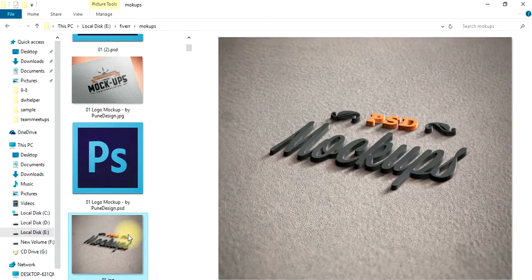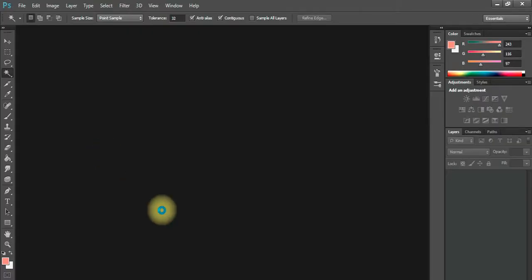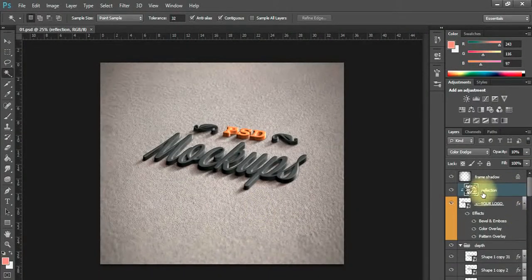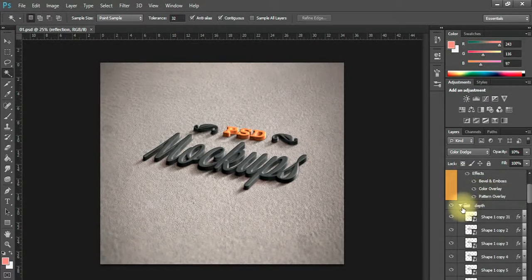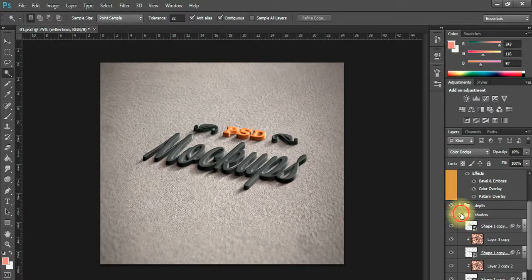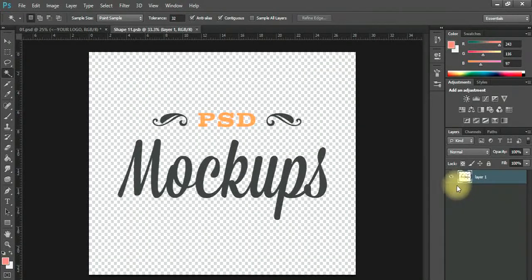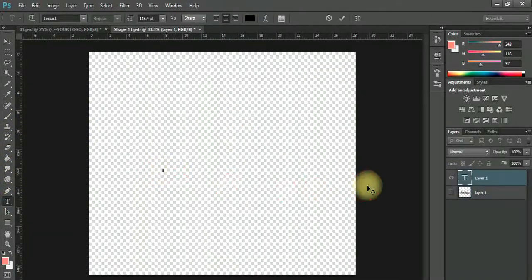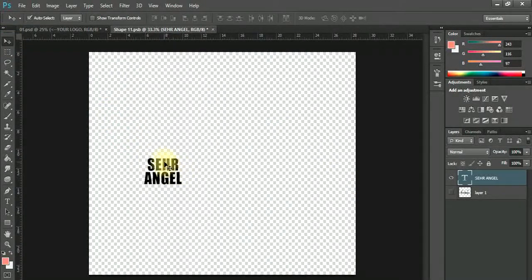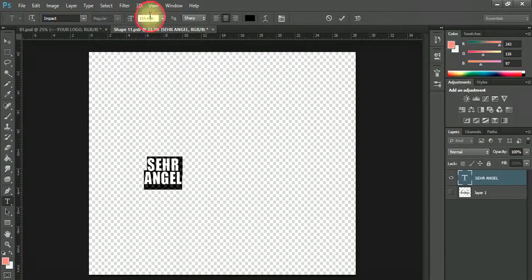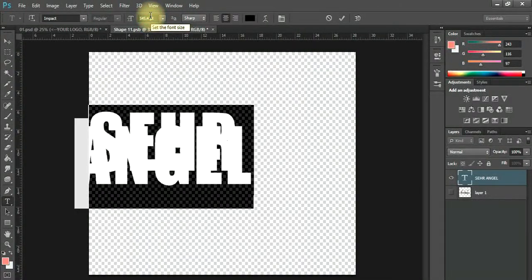This is the same. I'm gonna show you, just open it and see, there are many more things over here. One is depth, one is shadow, 2 things. Okay, this is the smart object that we have to change. How? You can just come back and write your name, double click on it, go to the size, make it bigger, adjust the